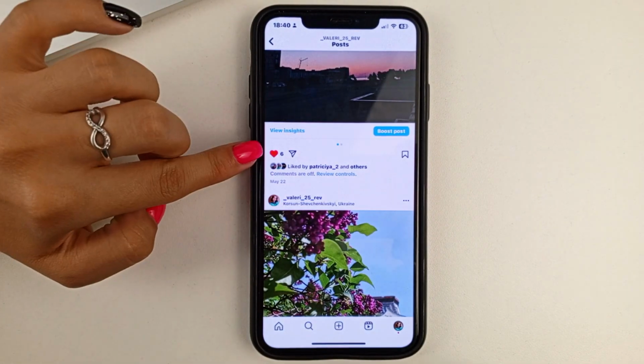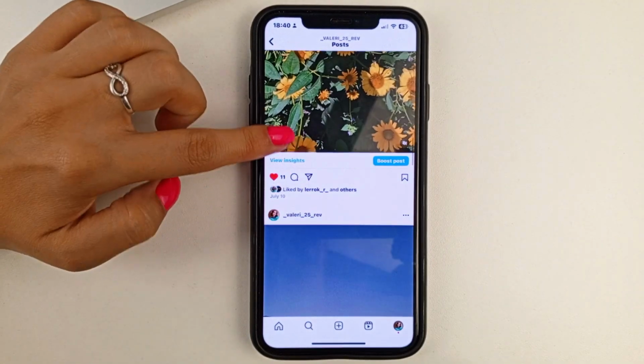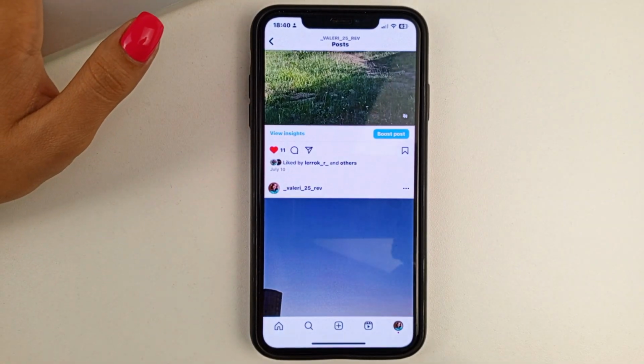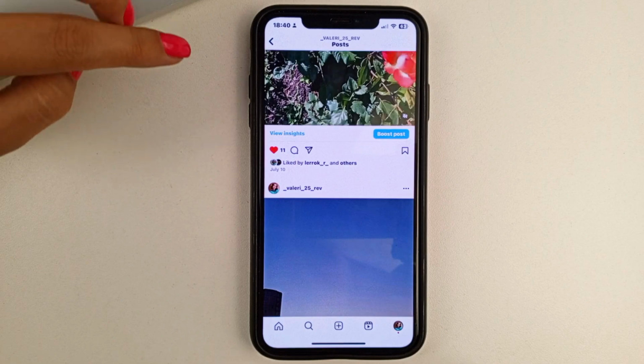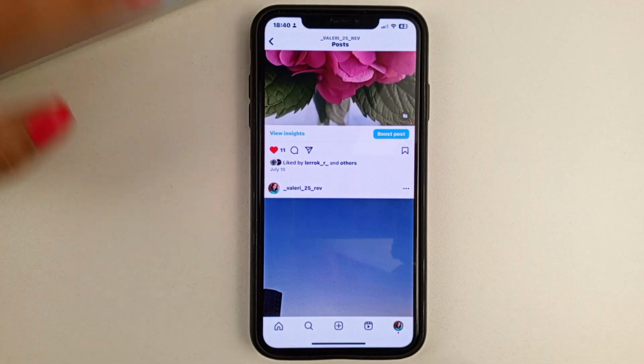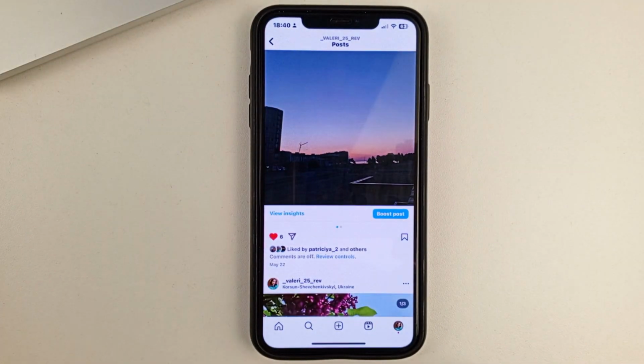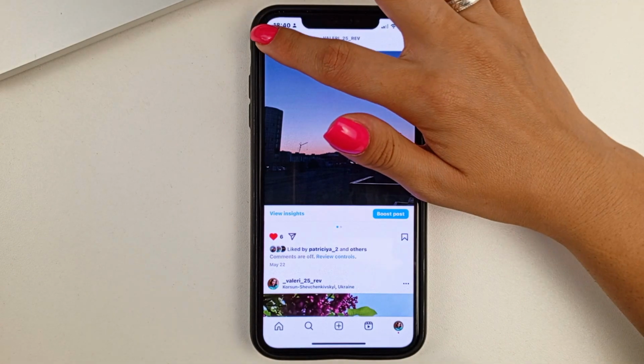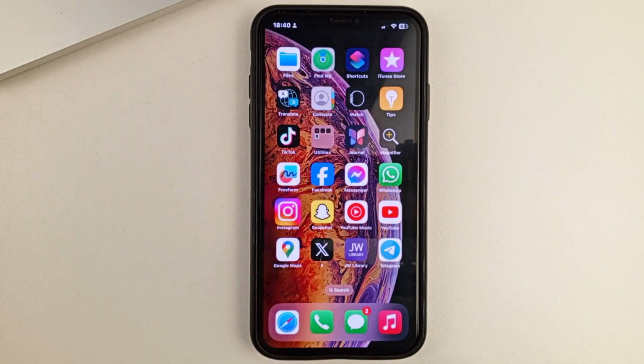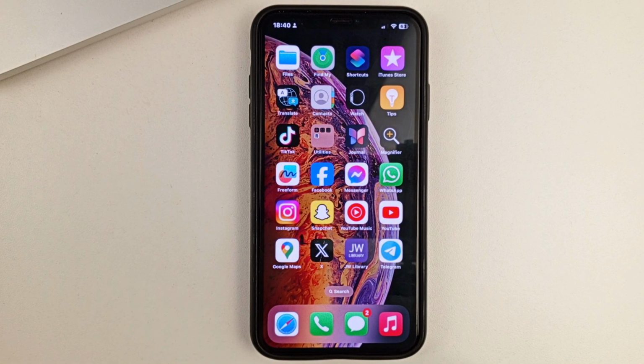I mean, look, under this post it's gone, but under all the other posts, in general, like Instagram, like everyone else has this feature. That is, you can easily turn it off. This way, no one will be able to leave any comment under your Instagram post. Here is such a very simple and quick way you can easily disable comments on Instagram.